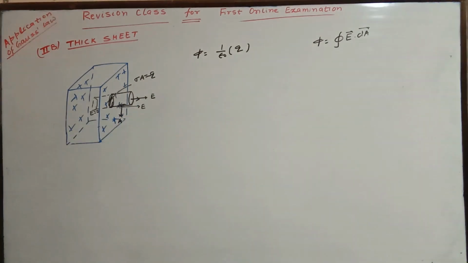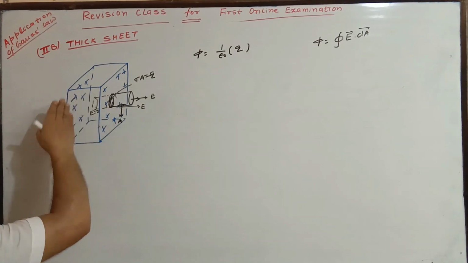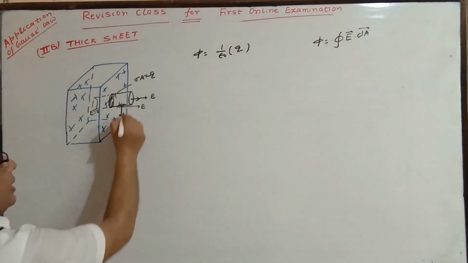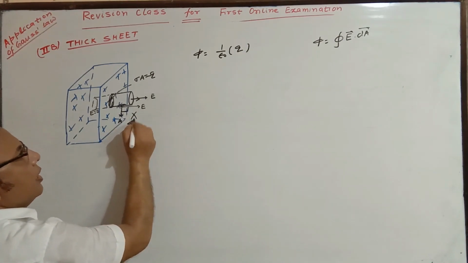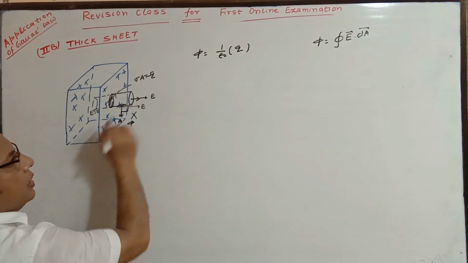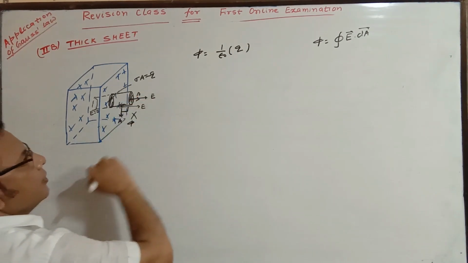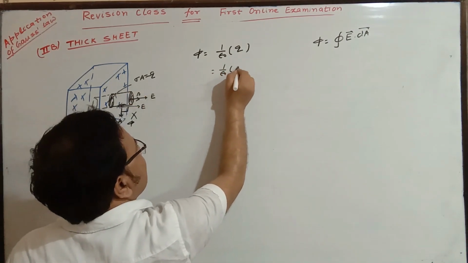In this way also, actually in the earlier case, we had taken both the sheets. That can also be a part of both the sides we had taken. This can also be one type. Here E and A are at 90 degrees, so there is no flux due to this. Only this section is E, this one. So this area is A. Here the charge enclosed is sigma into A, so 1 by epsilon naught times sigma into A.